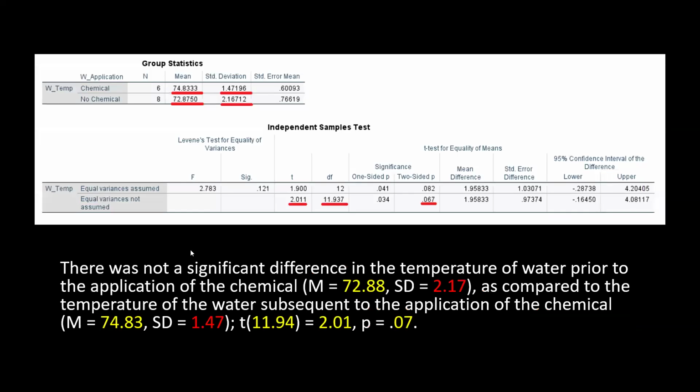So what we're going to do in this case is report everything as it was in our original data. Obviously, the mean and standard deviation are going to be different because there are fewer observations for the chemical application. However, when we're reporting the t-value, the degrees of freedom, and the two-sided p-value, we're going to be operating under